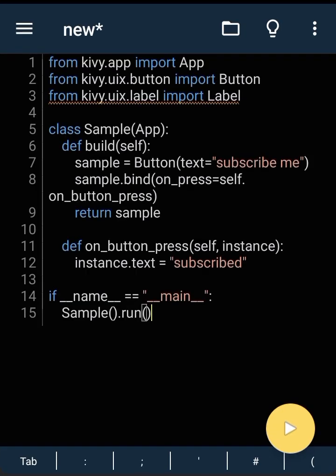Now we will write code using the Kivy framework. Let's do it. from kivy.app import App, from kivy.uix.button import Button, from kivy.uix.label import Label. class SampleApp, def build(self): sample equals Button(text equals "subscribe me"). sample.bind(on_press equals self.on_button_press). return sample. def on_button_press(self, instance): instance.text equals "subscribed". if __name__ equals "__main__":